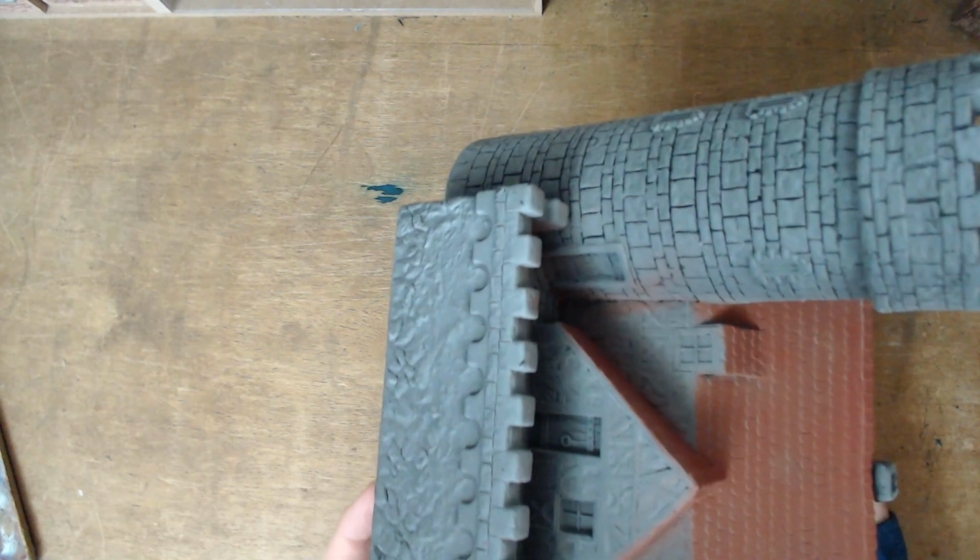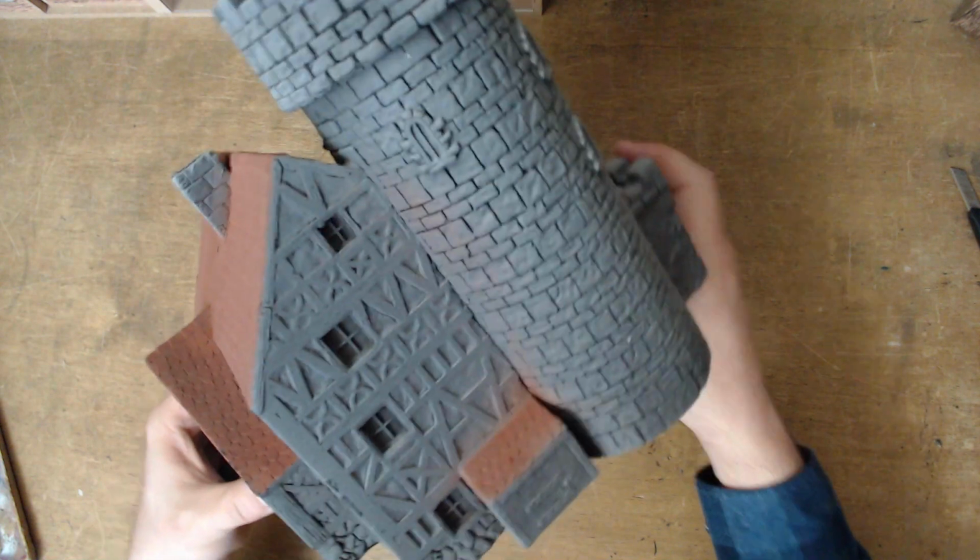But that's what this is. We got stairs here leading up into the house here and the tower. Trapdoor at the top, windows around it. This would make a staggering piece on your table, and it is going to make a staggering piece on our table. We're going to look at